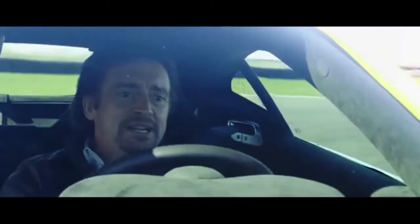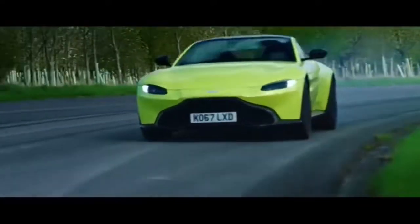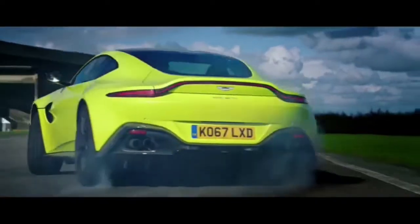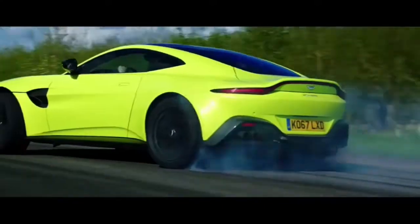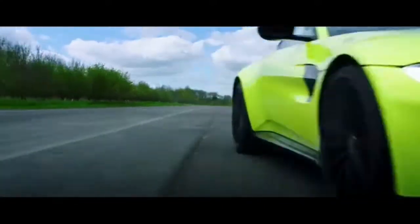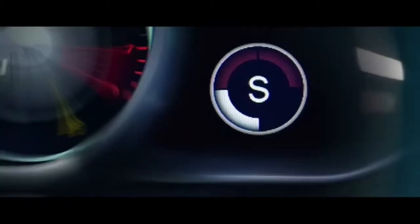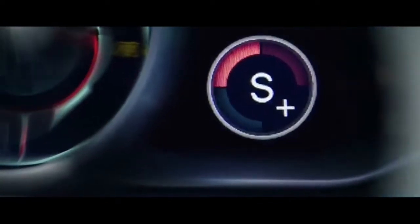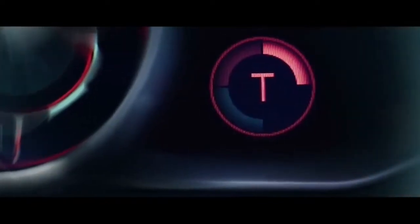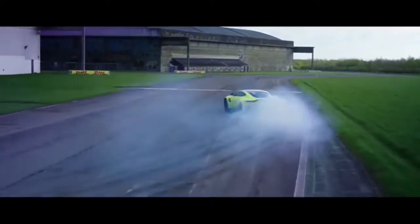It's been set up by a man who used to work at Suspension Masters Lotus. And you can tell, this just feels fabulous. This knows what it wants to be. There's no soft GT mode like you get in the DB11. Your entry-level setting is Sport, and then it goes Sport Plus and Track. That's what I want. It's a sports car. I don't want a soggy setting. Yes,